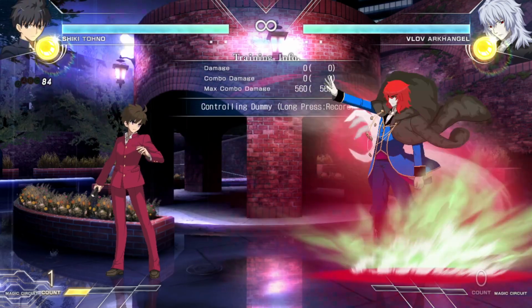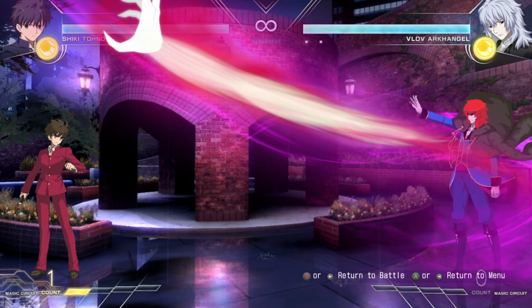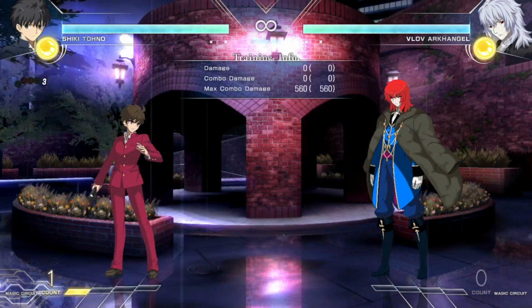As for 236B, obviously it's meant to cover that nice diagonal angle. A lot of characters actually do not cover that angle well. Vlov does. It has a bit of a dead zone, like you see where Vlov's hand is. So if you're slightly above that, that fireball's gonna miss, especially at closer ranges. And then, as I showed in that match,